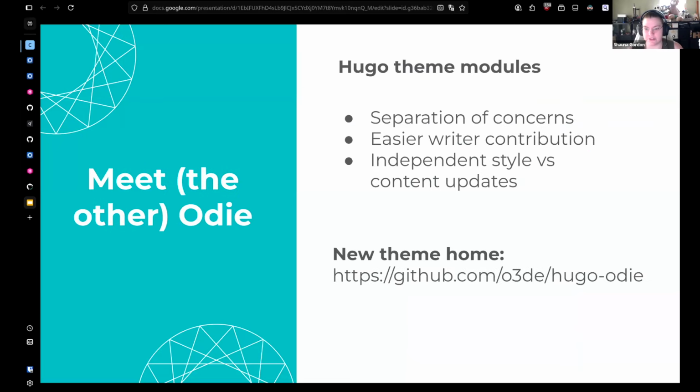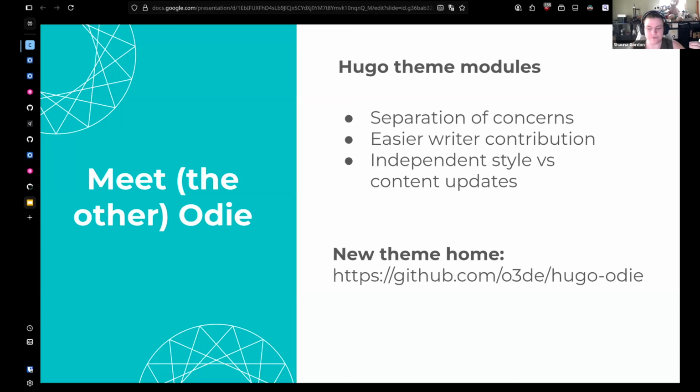Another one of the other major updates is we also pulled out the theme from that. The doc site is a Hugo site under the hood, and so in relatively recent updates, Hugo has created a concept of modules, which is what is allowing us to pull out both the theme and the API docs and put them in their own repositories.